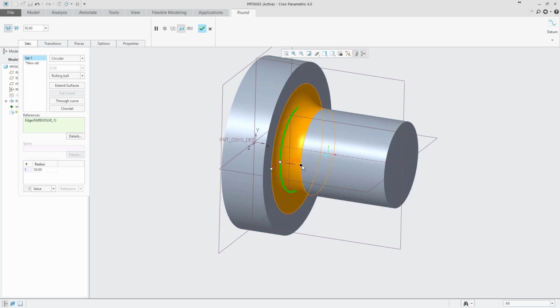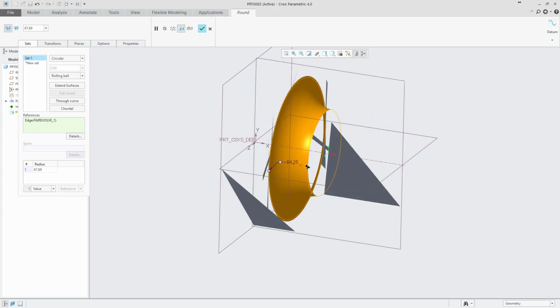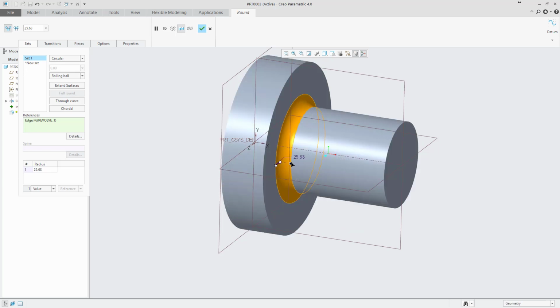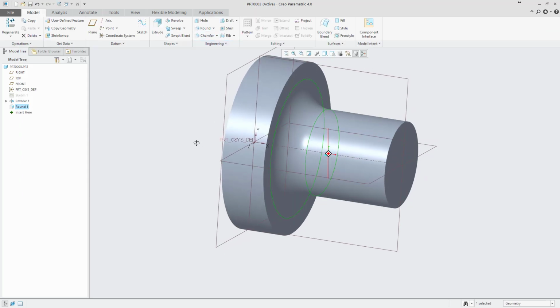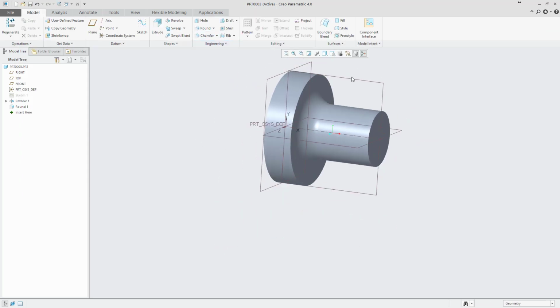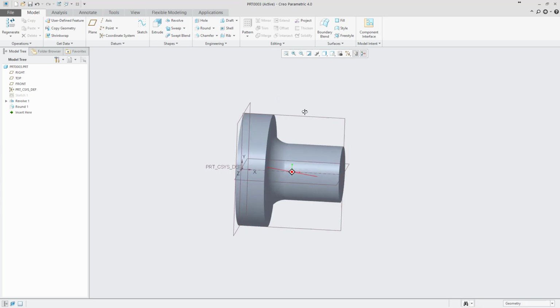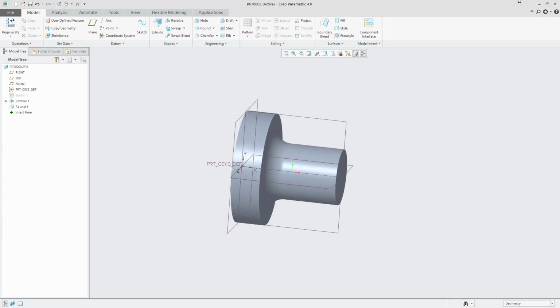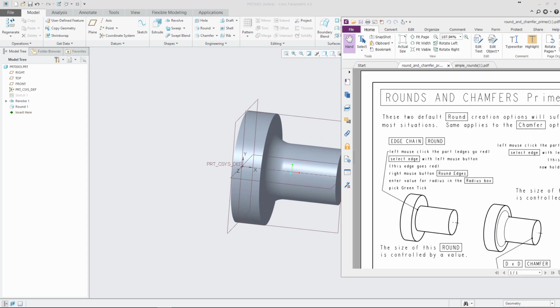I've also got these drag handles. If I want to dynamically change that and see what that looks like on the preview, I can do that as well. And then I can just double click back in the box and just round it to whatever figure I need it as. So that's essentially the round tool. There are other options in there, but for most situations the circular round is the one that you're going to want to use. So if we just get the PDF on screen again